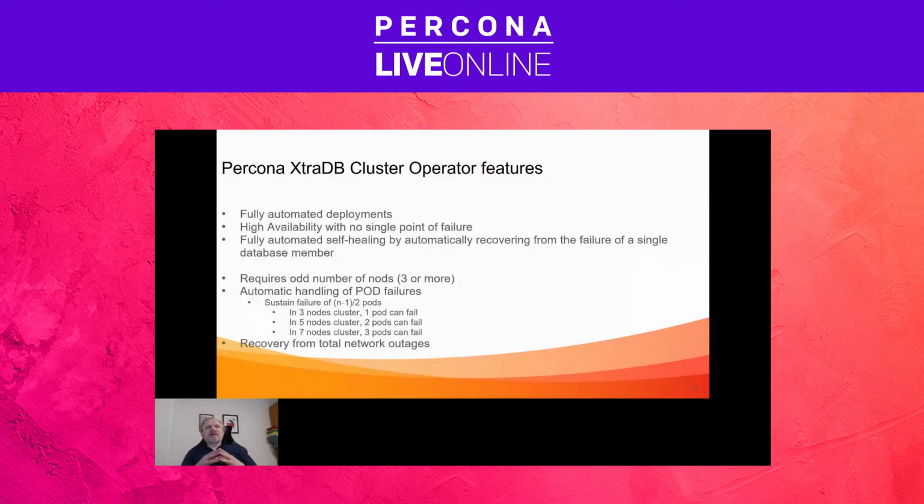So, back to Percona XtraDB Cluster features. In our operator, again, we provide fully automated deployments. We provide a high availability solution with no single point of failure. And our operator is able to provide even a self-healing mechanism by automatically recovering from failure of a single